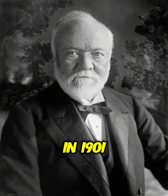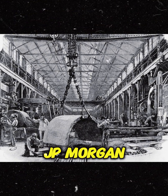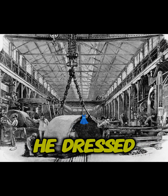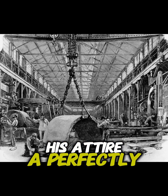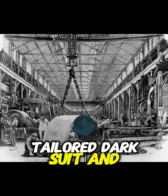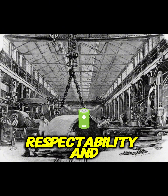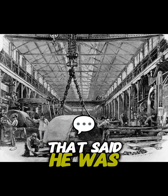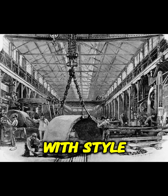In 1901, when Carnegie sold Carnegie Steel to J.P. Morgan, making him one of the wealthiest men in history, he dressed for the occasion. His attire, a perfectly tailored dark suit and bow tie, was a blend of respectability and power. It was a suit that said he was a man who had earned his wealth, with a style that matched